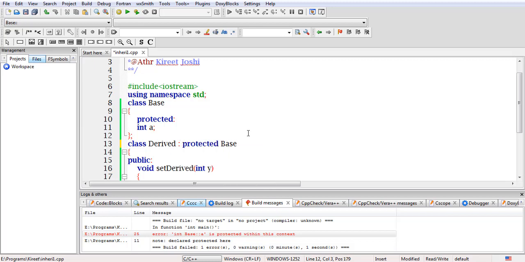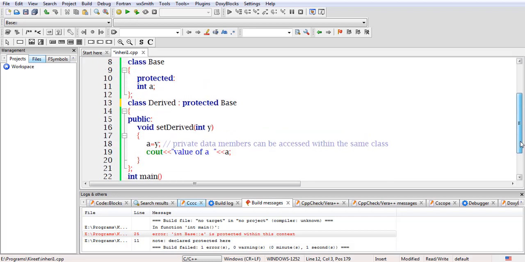Okay, if I just write protected here, can you look at the program and guess what the change will be? Will it result in an error, or will there be some output? So there will be no change. There will be no change as per the table, as per figure 2.